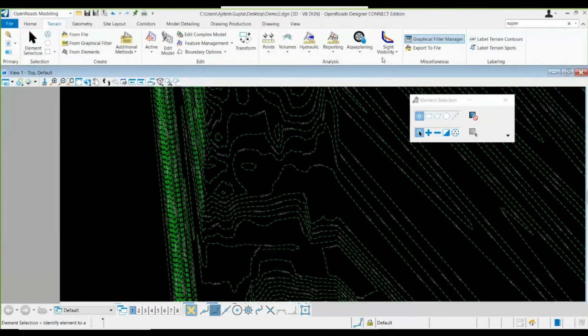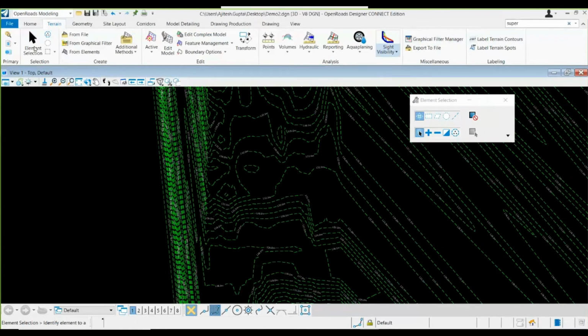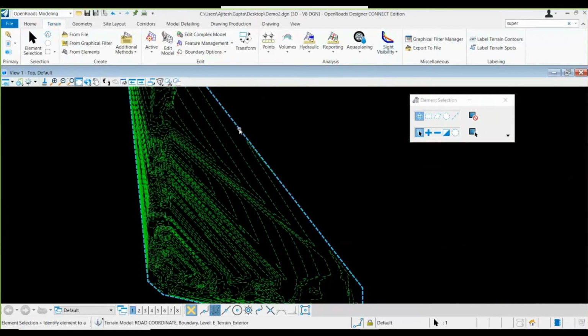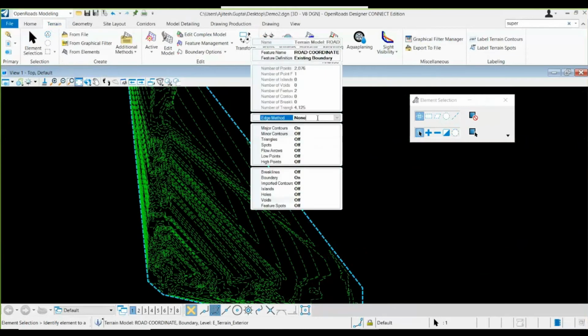So I was telling about the edge method. If I click on the properties, I can see the edge method. Currently no edge method has been selected. I do have options like remove slivers and maximum edge triangle length.